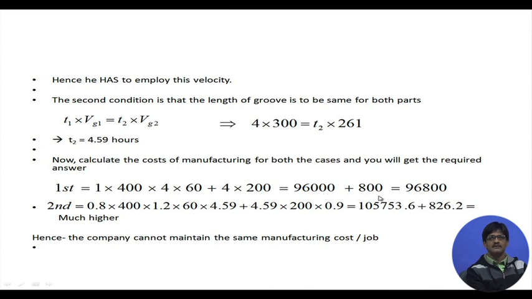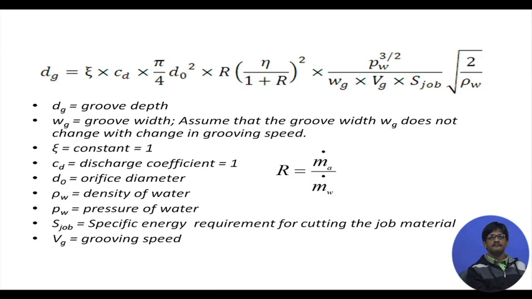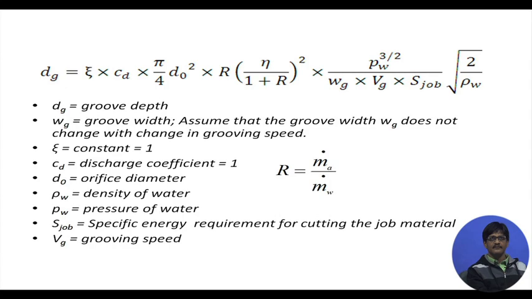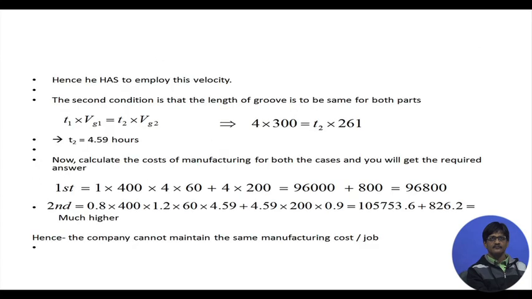Now, where is this 800 coming out from? Let us see whether there are any other costs. Previous machine overhead is 200 rupees per hour, okay, and abrasive cost is 800. Are there any other costs? Okay, let us see. Oh, I understand. The first term is 96000 and the second term is 800, and they add up